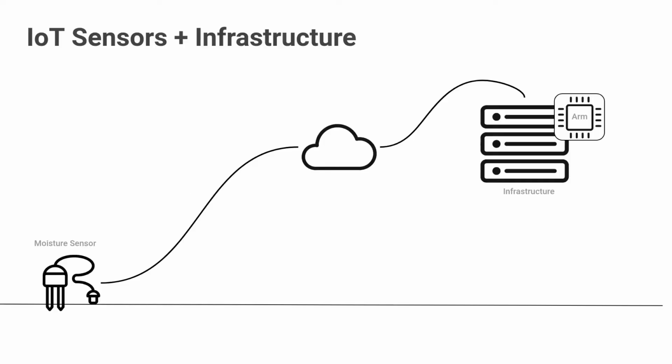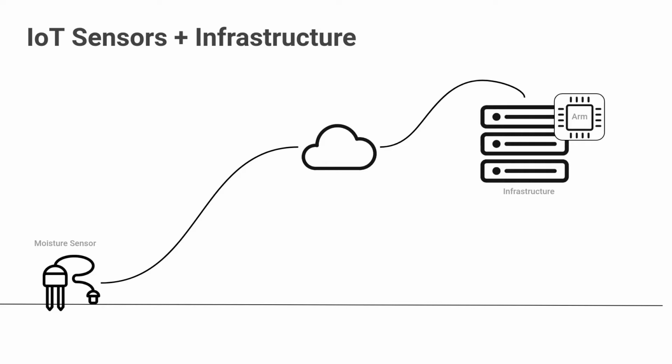Now, I want to talk about implementations of ARM. I gave you examples already about how it's powering smart devices, smartphones, and battery powered devices. I wanted to share how innovations within ARM have been applied to a real world use case. So let's talk about IoT sensors. In my example, I'm going to use a moisture sensor, which detects how much moisture is in something, in this case on a farm.